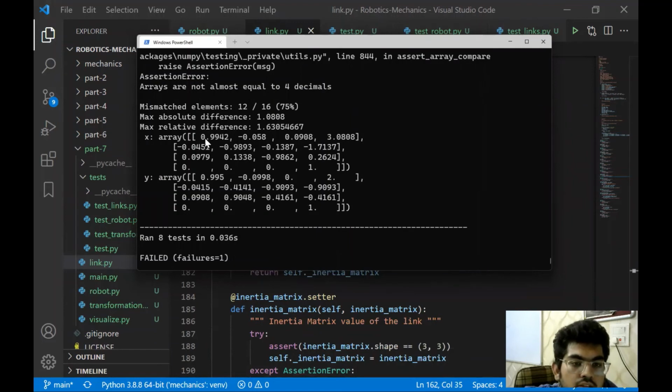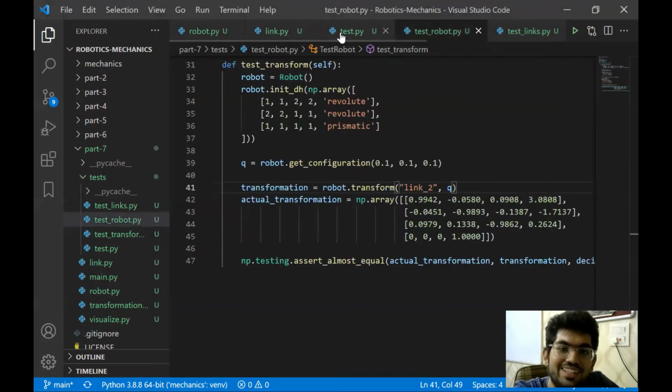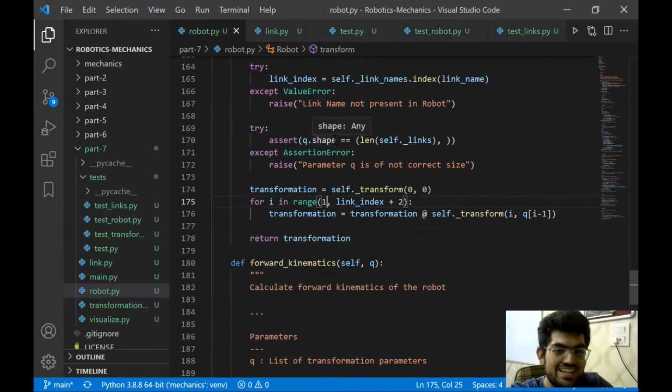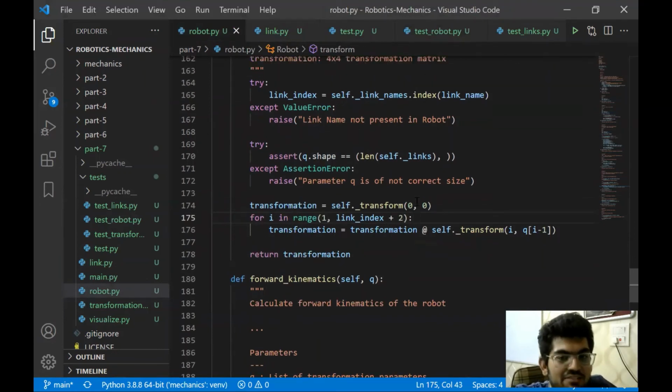All right, 0.9942 minus 0. Okay, so error is right. The error seems to be quite a lot. Let's see where we have this. Okay, after some cut short editing, a lot of cut short editing. This video is full of cut short editing, I think. But I think I found the error.